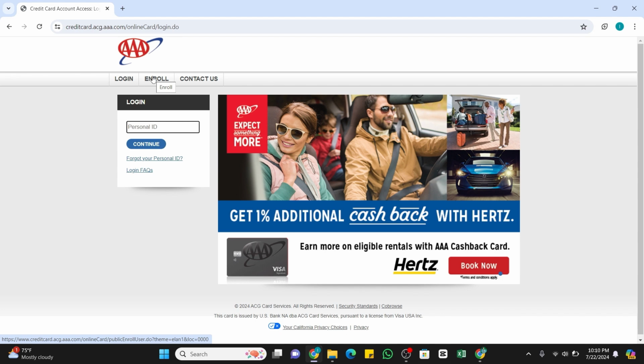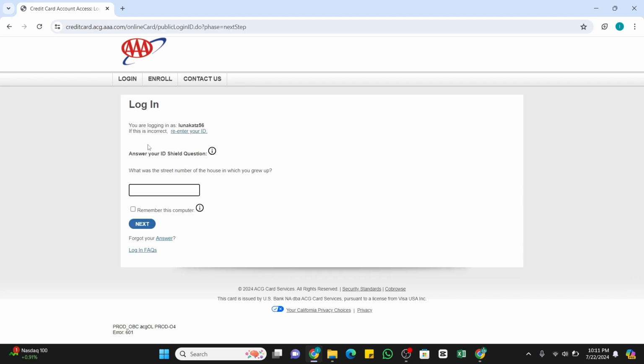And once you have done that, come back to this login interface, and in this provided box, you need to enter your personal ID. Make sure to enter the correct ID here. In case you forgot it, you may also click on this forgot your personal ID option or the link just below this continue button, and then from there you can recover your personal ID by following the prompts given to you. Now once you have done that, click on this continue button right here, and then you will be